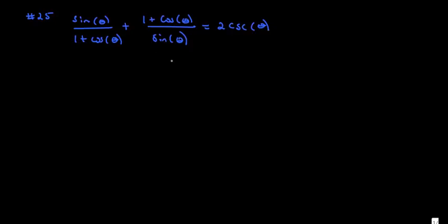So over here, we're going to work with the left side. And we want to get a common denominator. So essentially, we're just going to multiply these two denominators together. On the left side of these two values, on this one right here, I'm going to multiply top and bottom by sine. This one here, top and bottom by 1 plus cosine. So here's what that's going to give me. That's going to give me sine squared